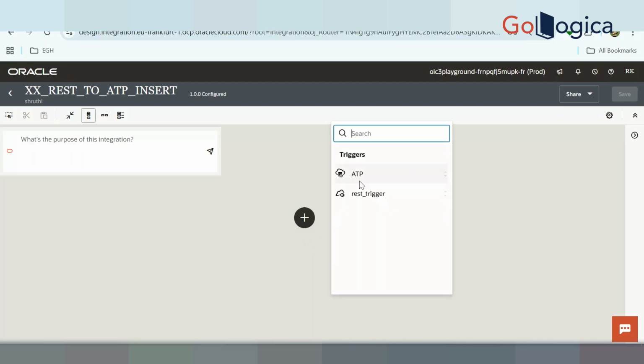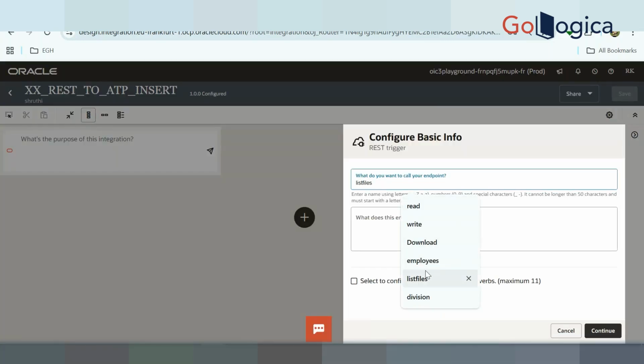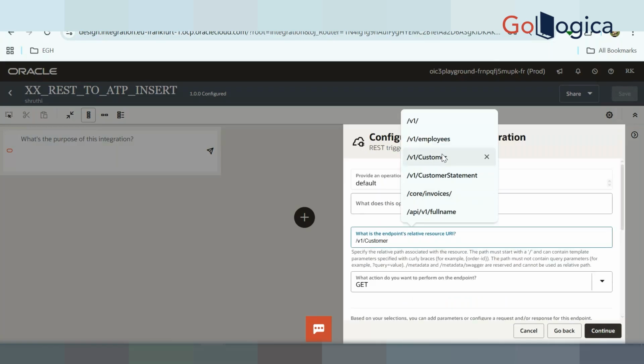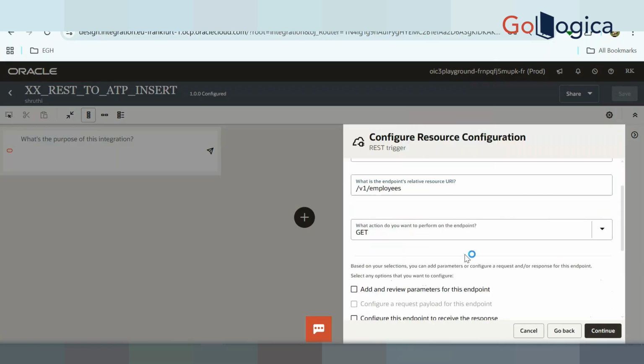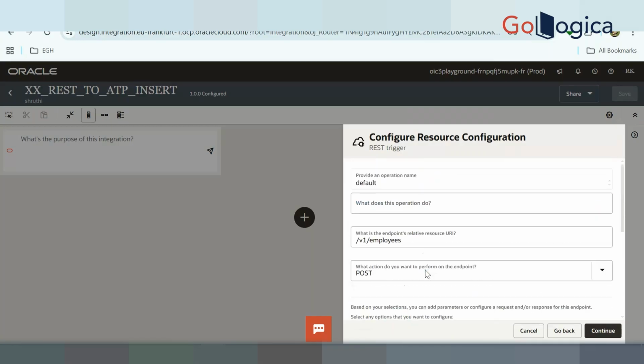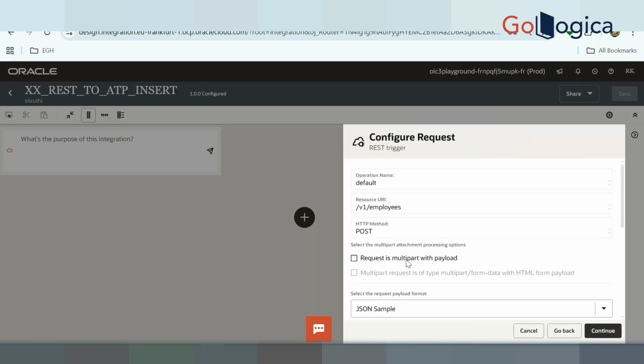Okay. So we'll create a REST. We'll select the REST connection. Let's say employees. Continue. So we can mention employees. Method POST. Okay. So only source request will